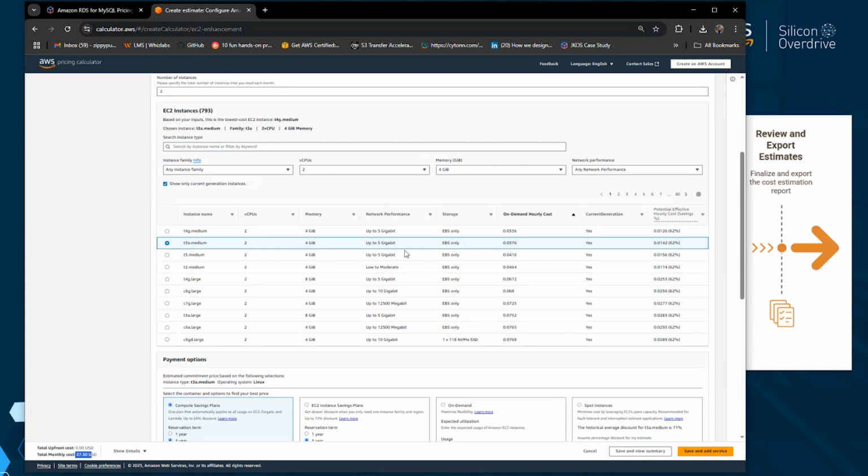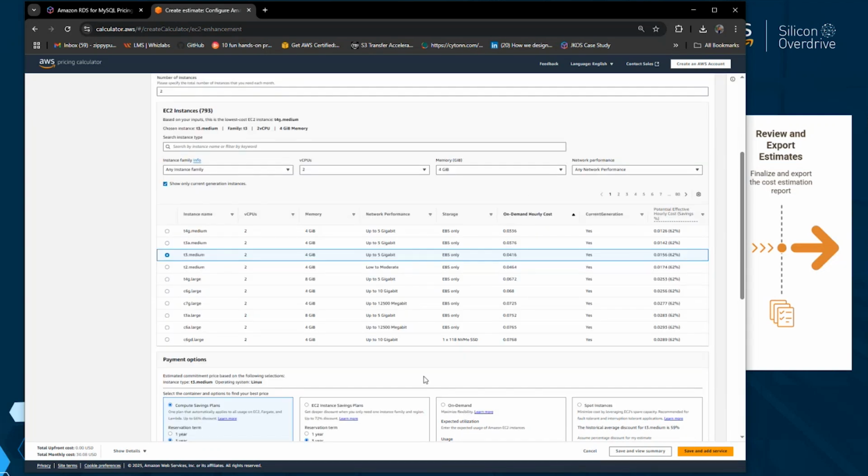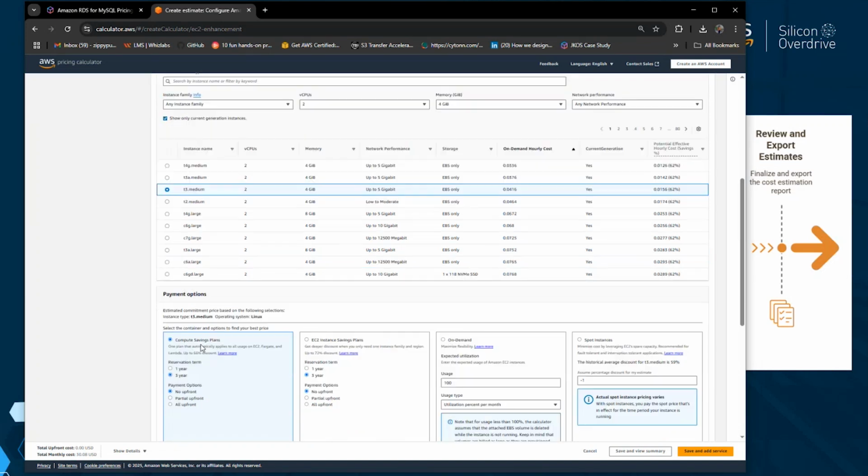So first, you get a view of what the different options are, and you can see they differ based on not just cost, but also the underlying technology that's being utilized. For example, this would be a Graviton instance. So if you're not looking for a Graviton instance, then you can choose a standard T3 medium instance. But at least you get a view of the different options that you can utilize.